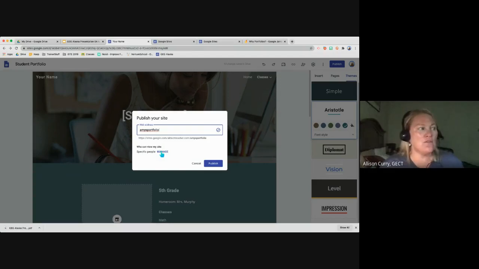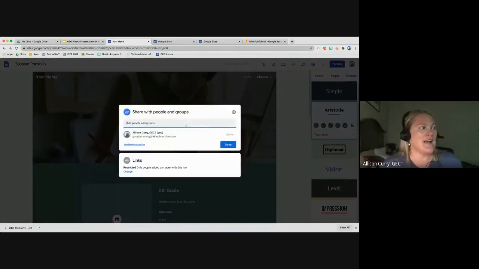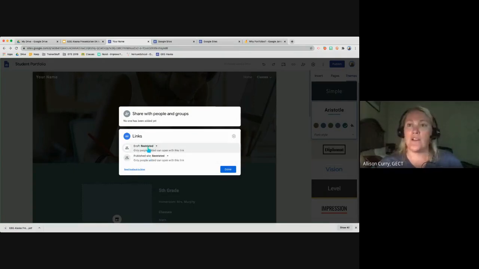This says who can view my site. So this is important, right? So I teach kids to select, this is that same thing that we saw earlier, I'm the collaborator. And then once we publish, we get that URL, and I'll show you exactly where to find it. So right now I have it so only the collaborators can open the draft, and only